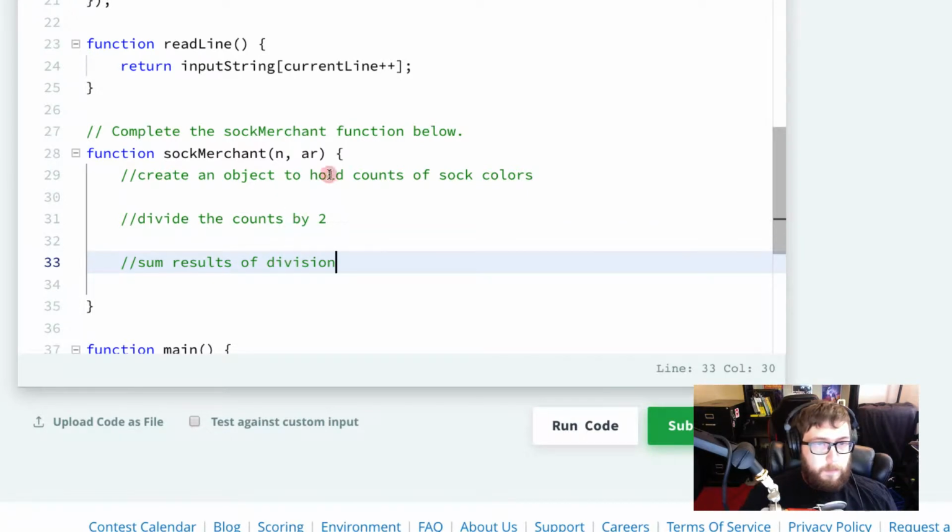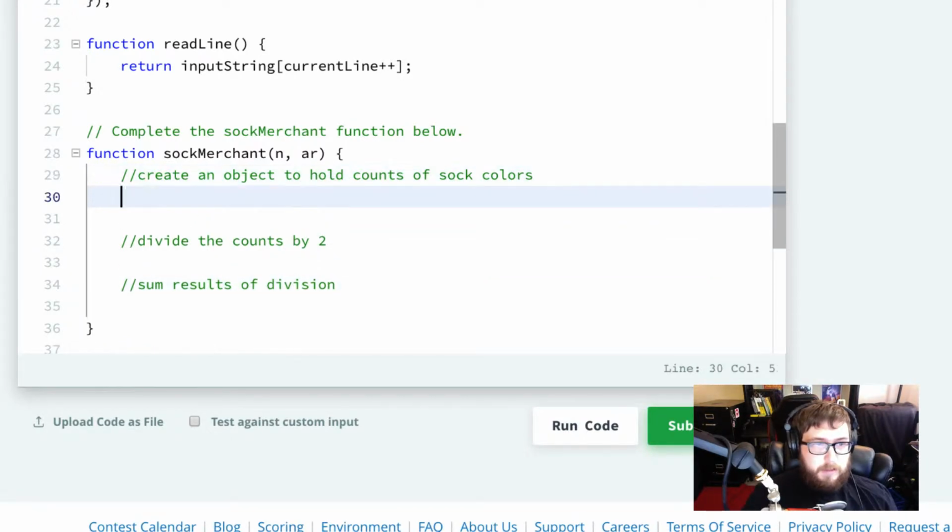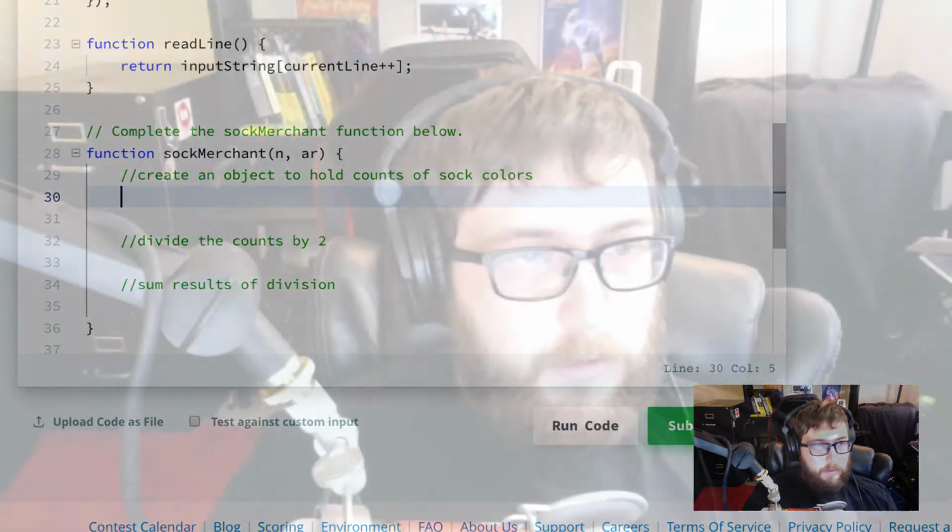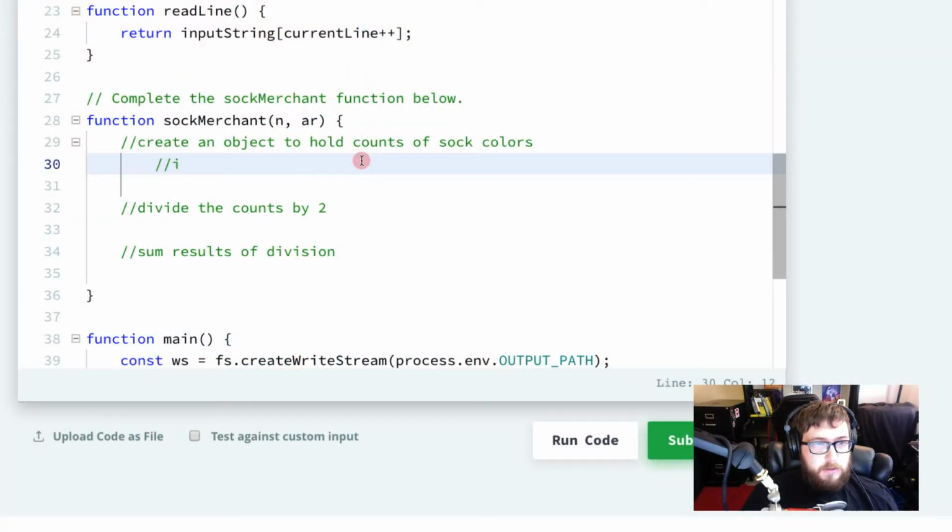Okay, so first thing we have to do is just tally up, so how would I do that? We just have to tally up the socks. I've been finding that just planning it out with the comments first before actually getting into the code helps a lot. Because once you just figure out the process, the code is just kind of easy to implement once you figure out the actual algorithm for solving the problem. So create an object to hold the count of the sock colors. So what we could do is we'll create the object. I won't write that down, but we'll